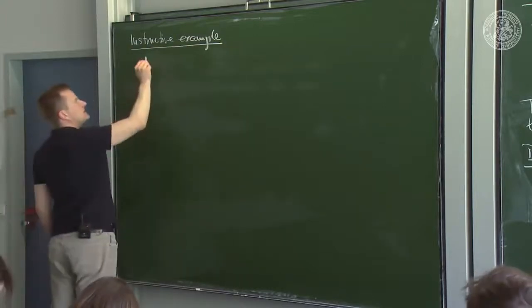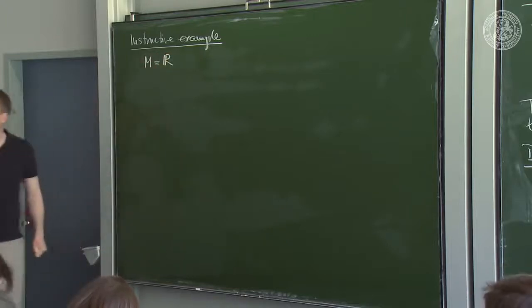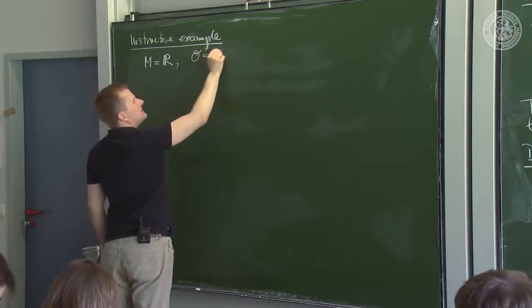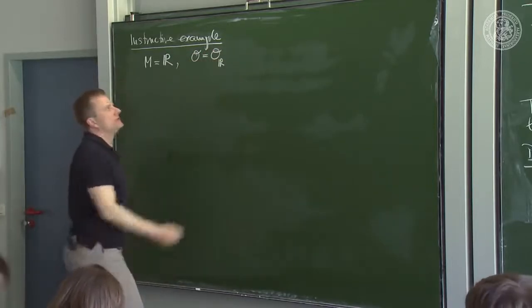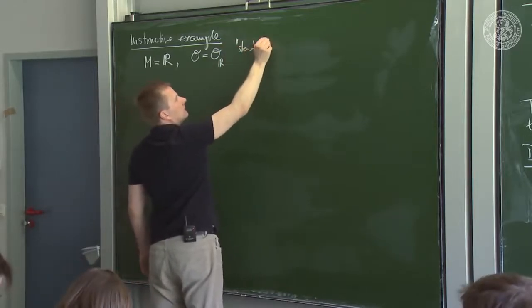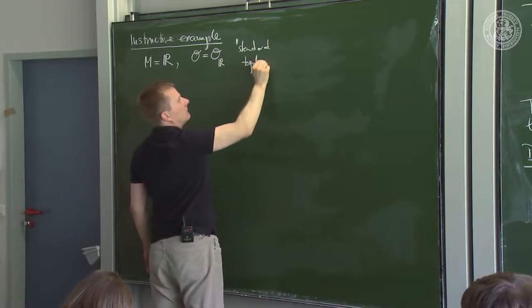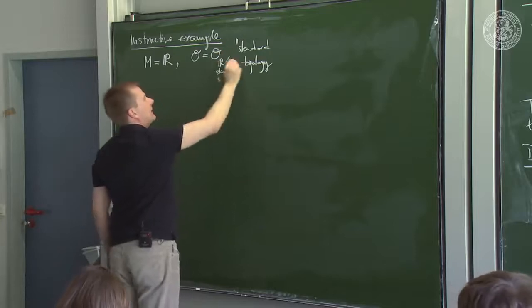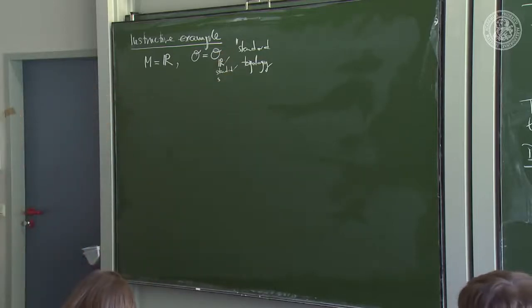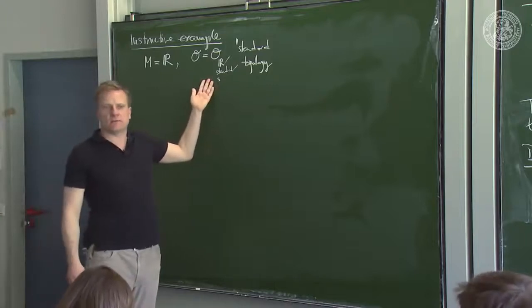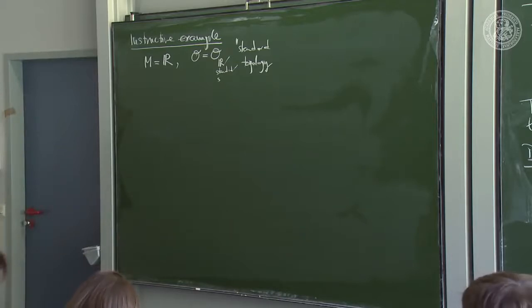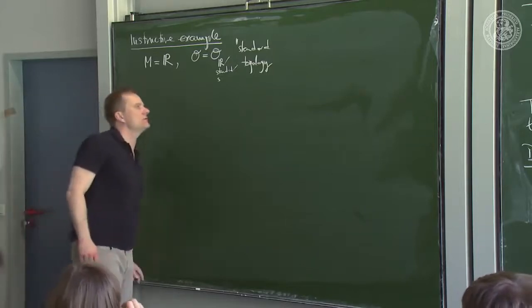So let's take as the set M the real numbers. Let's take as the topology the standard topology on the real numbers. Sometimes I call this O standard, or I call it OS. It depends on my mood. So the standard topology is, you know, defined on R with the absolute value, on R^d with the norm. Okay, that's the standard topology.